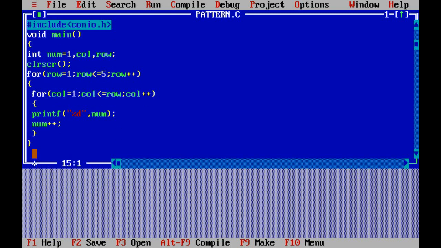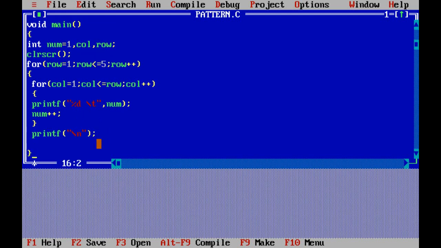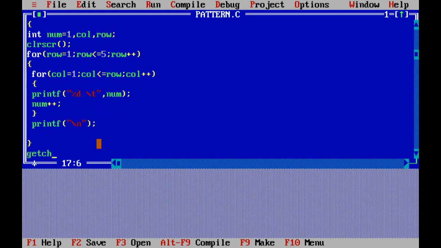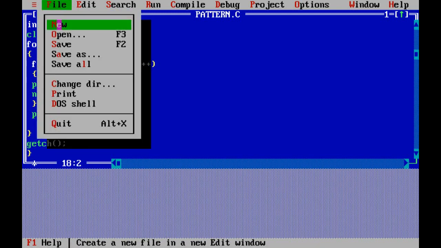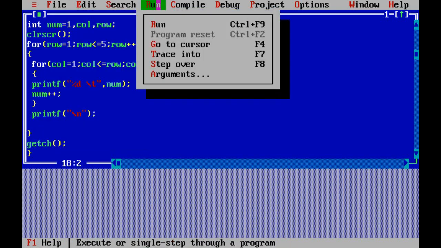Before closing the row for loop, that is the outer for loop, it's good to give a printf slash n, because slash n is the next line. After 1 we have to print 2 and 3 in the next line, right? So for that we are giving slash n. It is also preferred to give slash t after every number, because when you have two digits you don't get proper ordering in the output. So we are giving slash t and slash n accordingly. And then getch, which is purely optional, but I'm giving it. Now I'm going to save the program and run it.